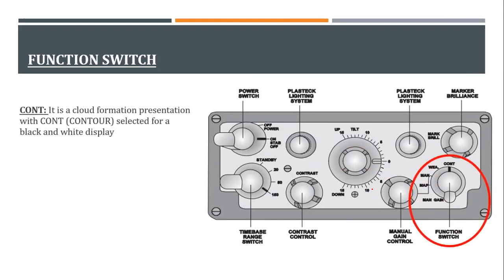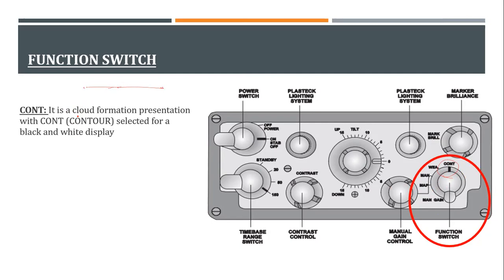Then we have the CONT. If you see CONT, it is present here. CONT is contour. Now I explained contour many times before also. Contour is basically the points where the similarities of pressure or your height is present. So if I join 2-3 places of similar height, this becomes a contour line.